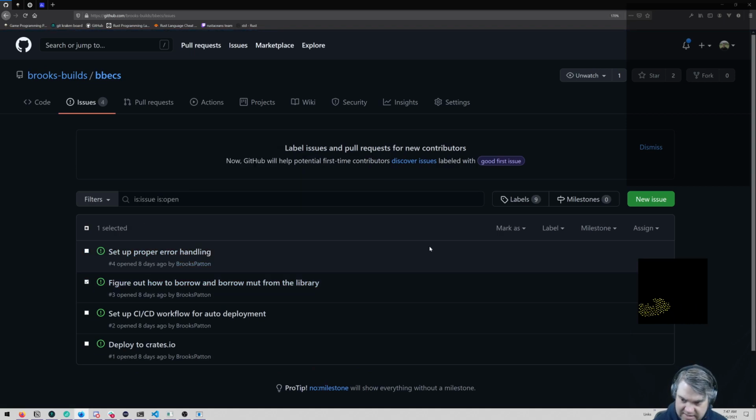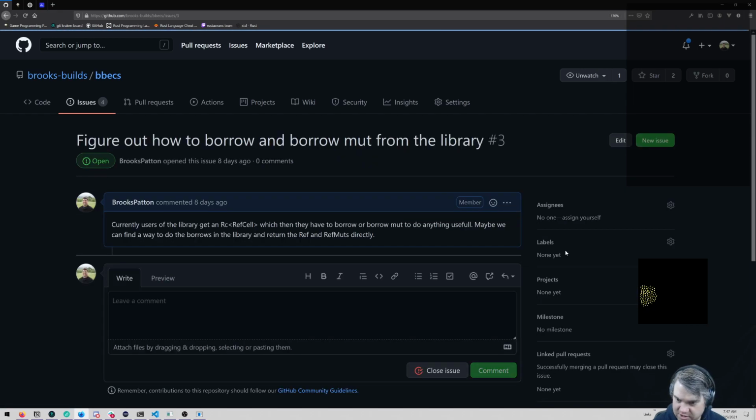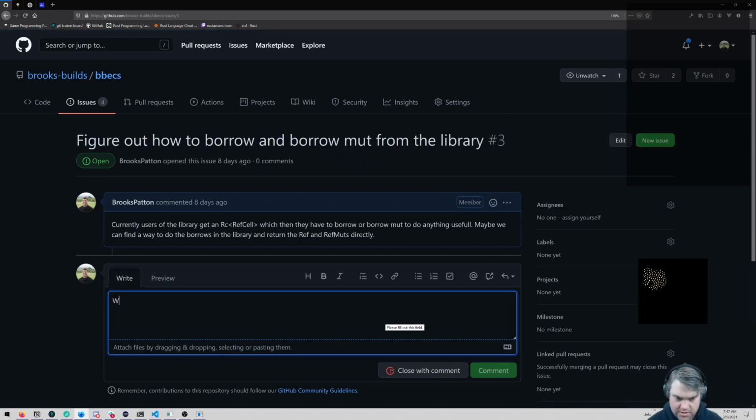Okay, so this just can't be done. So I'm just going to figure out how to do this with the components wrapped in an Rc RefCell.